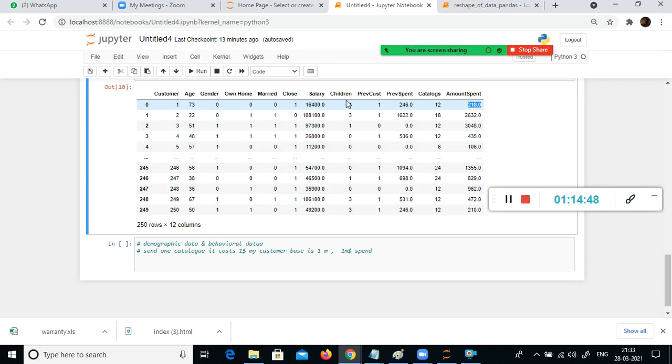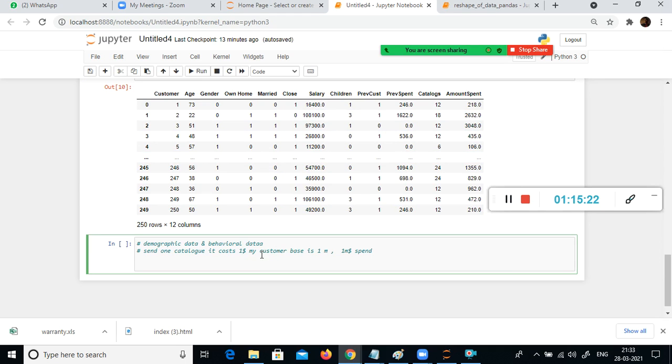Now you understood the data. First, you need to understand the data. Without understanding the data, you cannot derive a good insight. That's the reason why domain knowledge is very important. You need to understand the data very clearly, the context of each and every column. For example, close: are they living closer to my shop or not? You need to get it clarified with the business stakeholders what these columns are. Once you are familiar with the columns and the data, the next step is to start exploring, on a piecemeal basis, and see what kind of insight you can get.